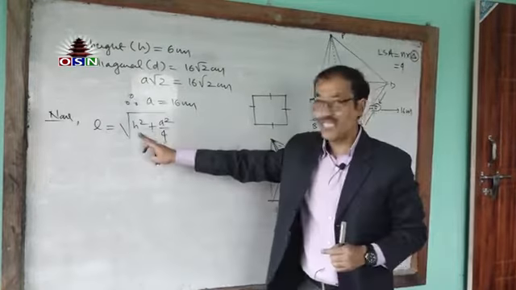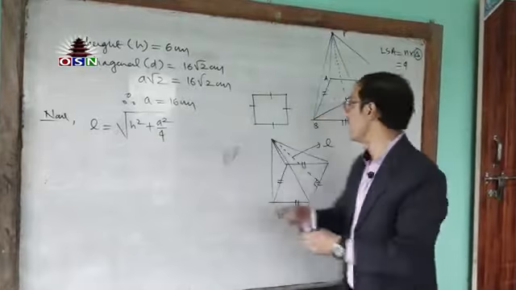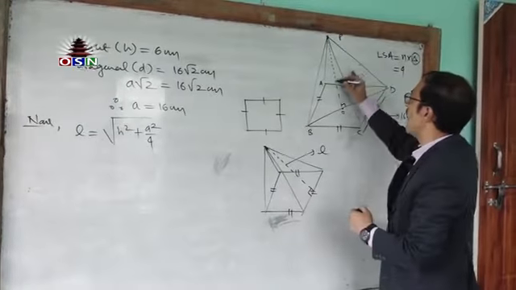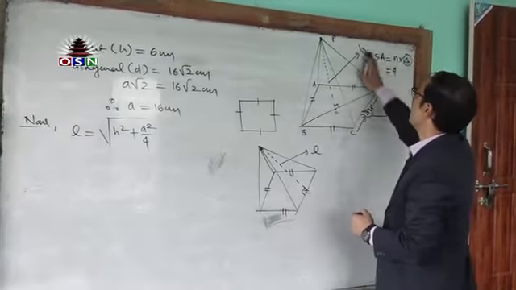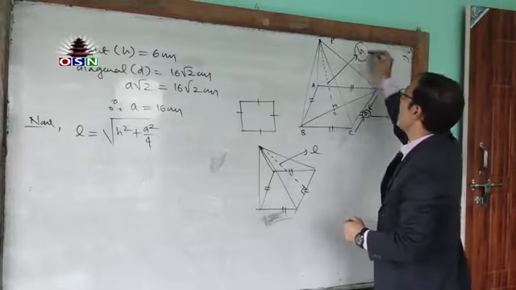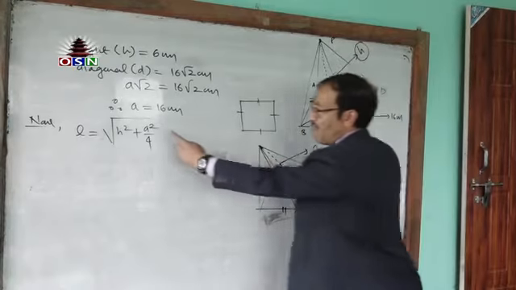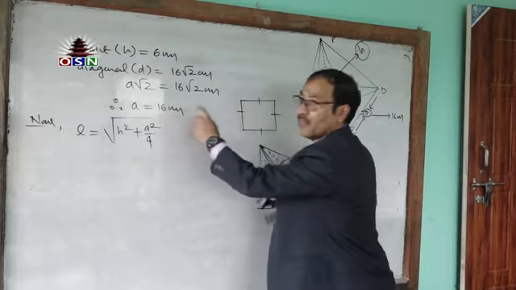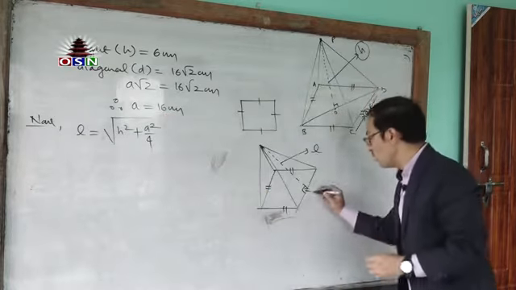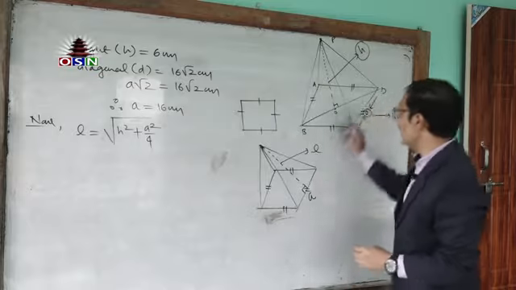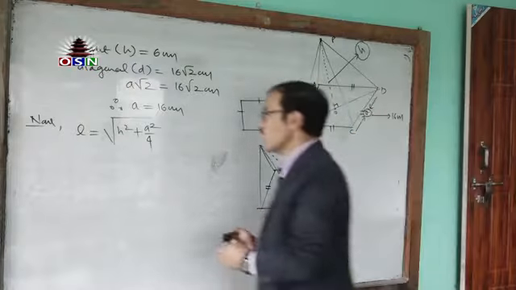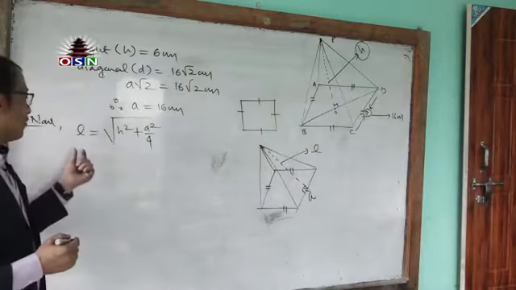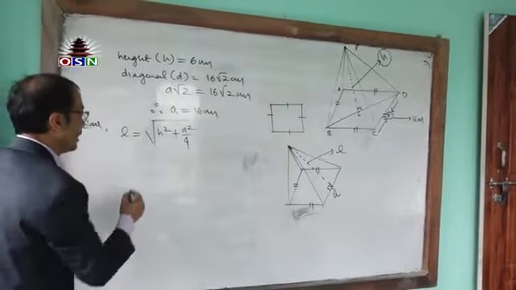We have height. H represents the vertical height. The question has given you the vertical height. And we should have A. We have found here A. A represents the side of the base. So this is A, and the vertical height we are given. In such a condition, we will use this formula to find the slanting length. We will have to find the slanting length.